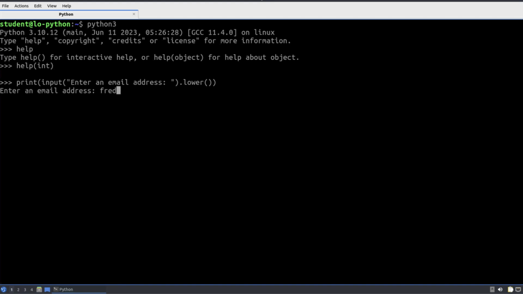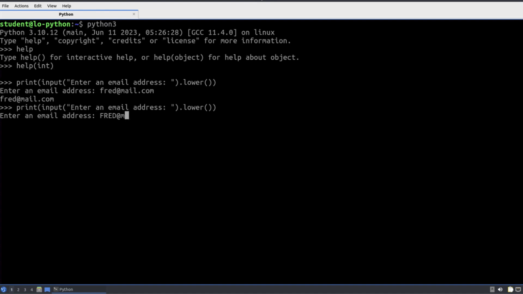You can see we're being prompted for our email address. We enter an email address, and then it gets printed out on the screen. So we can do it in one line. It's not the most pretty, but the bigger thing is I need to get that code again. Well, I can't.